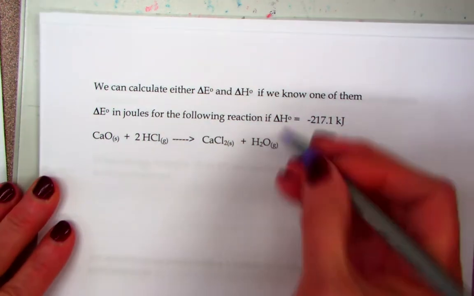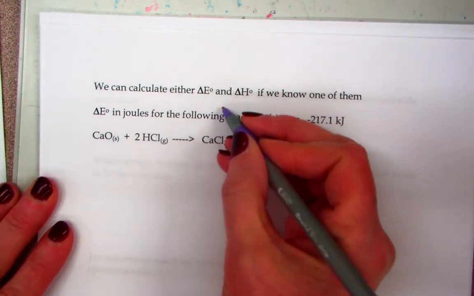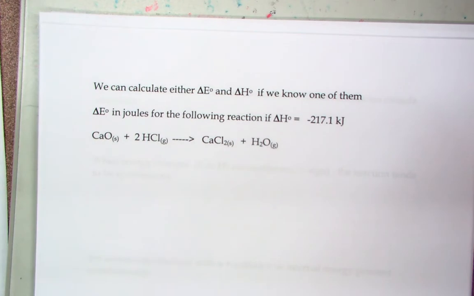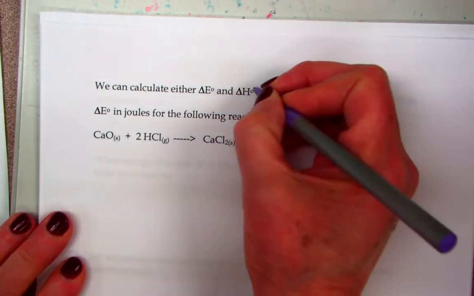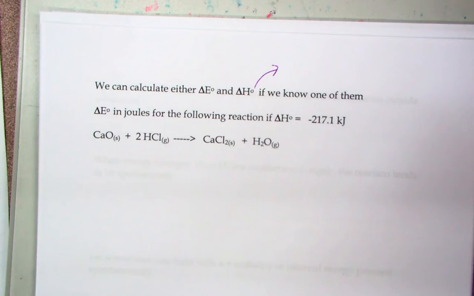First of all, what does this little superscript 0 mean? That little superscript is giving you some important information. Anybody remember what that means? It means standard thermodynamic conditions. And what are standard thermodynamic conditions? 1 atmosphere, right? 1 atmosphere pressure